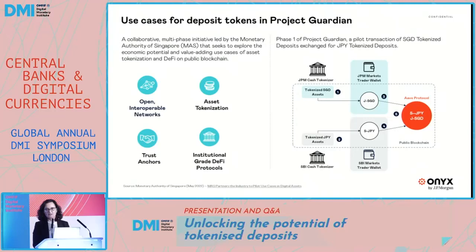So what Project Guardian showed us is that even when we are enabling peer-to-peer transfers, as we did here, on public blockchain, we can still implement controls within the funds transfer process. Digital identity tools like verifiable credentials can support these transfers to ensure proper controls. Of course, we have to recognize this is a journey and several components need to come together. However, we believe this was important to demonstrate the possibility that we could develop towards these scenarios.